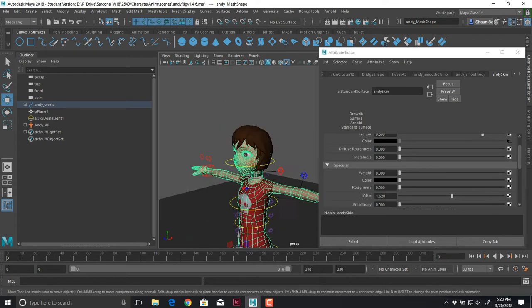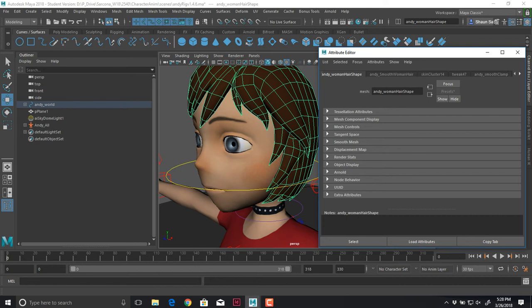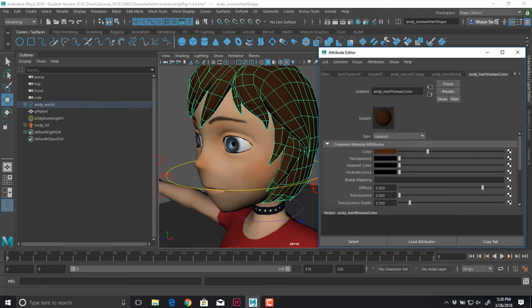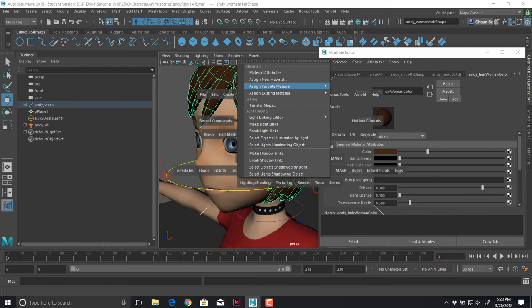Also the shoes are done. And then I just have some other parts here. So like, let's say the hair. If I look at what the hair is set up to, it's just a brown color. That's all it is. So if I assign a new material to this,